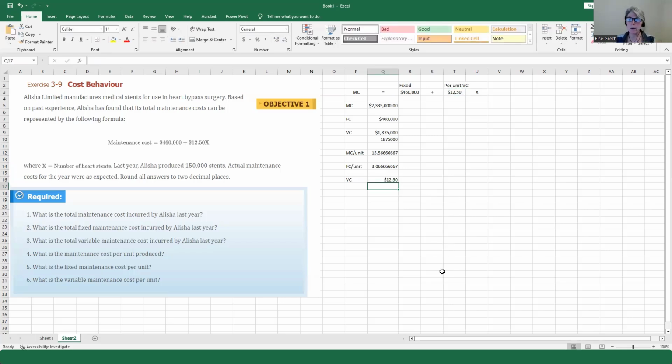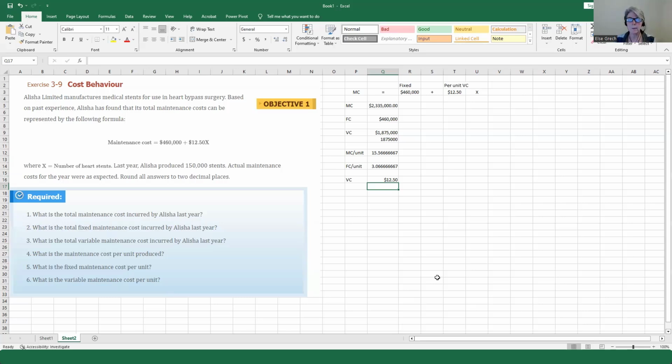So keep in mind the purpose of this question is just to ensure that you know how to manipulate the cost formula. Because being able to understand and manipulate the cost formula and tell when you can use it is very, very important. Now, just a what if question, if the company produced